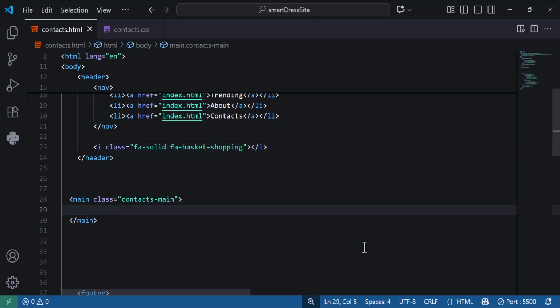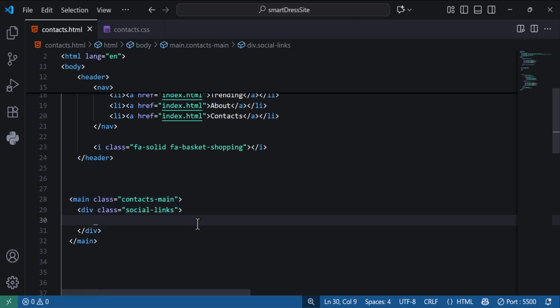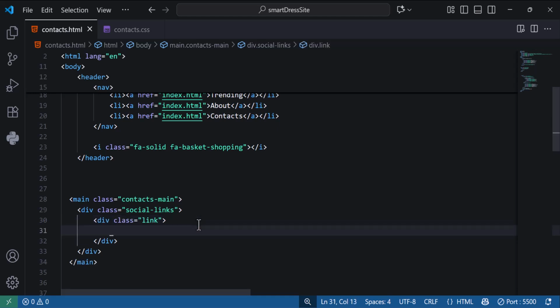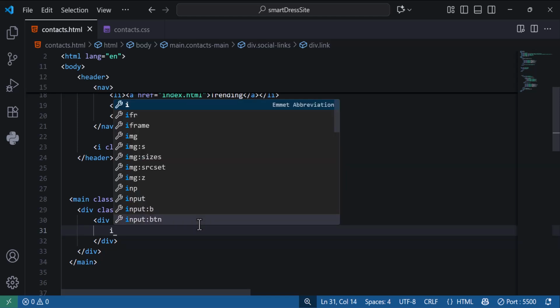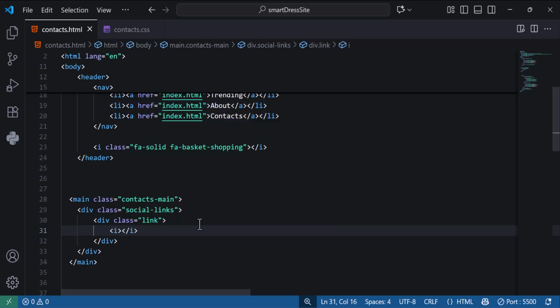So I'll give it a class of social-links, so I'll say .social-links, like that, and inside that I'm going to create another div and give it a class of link. So I'll say .link, like that, and inside it I'm going to have a couple of icons and some h4s. So I'll say i,